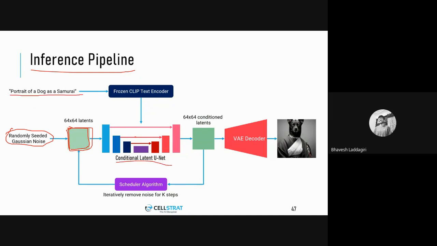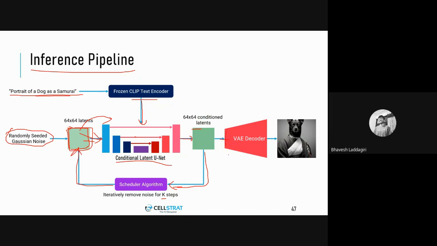take a conditional latent UNet and put this latent vector into our UNet, get our noise predictions, and then use our scheduler algorithm to iteratively remove the noise and feed that back into the model. While we are doing that, we'll take this text prompt, take our CLIP text encoder, and add it to our diffusion process so that it's conditioned. And then finally, after k steps, we will take that final latent vector and put it